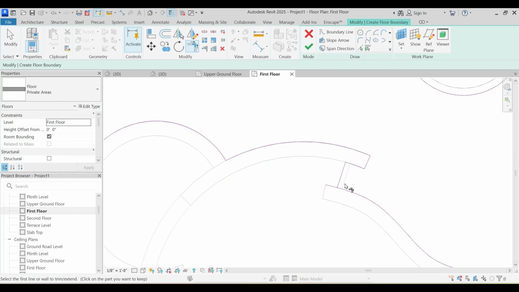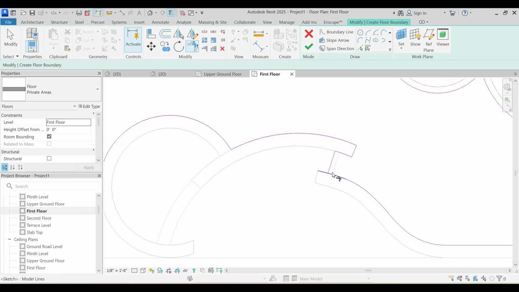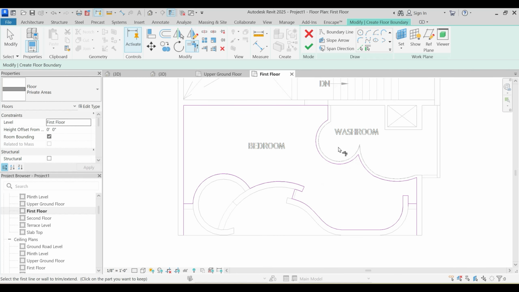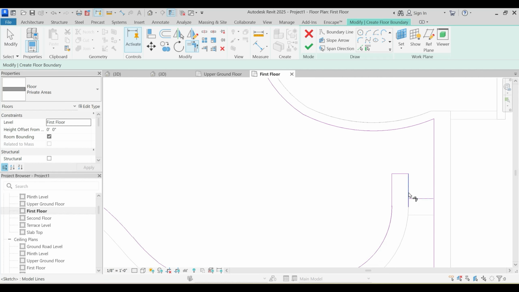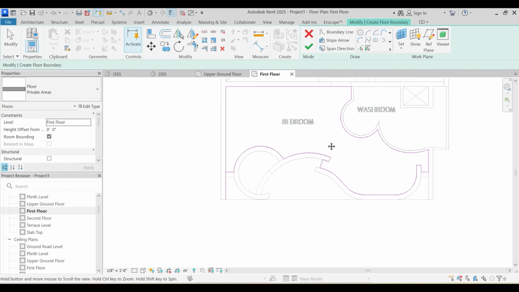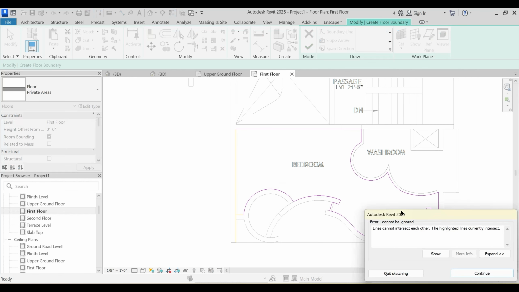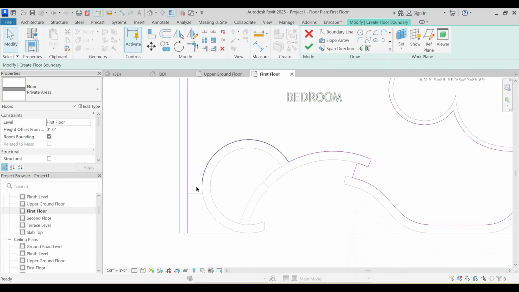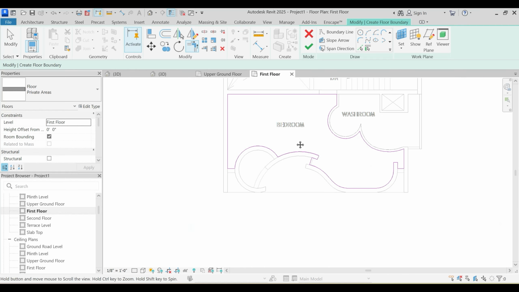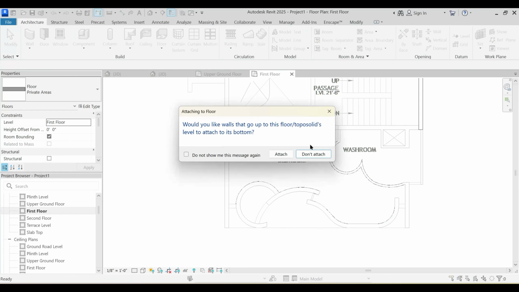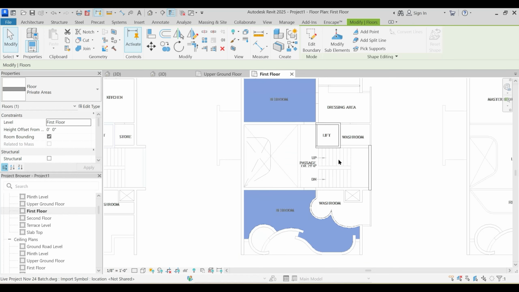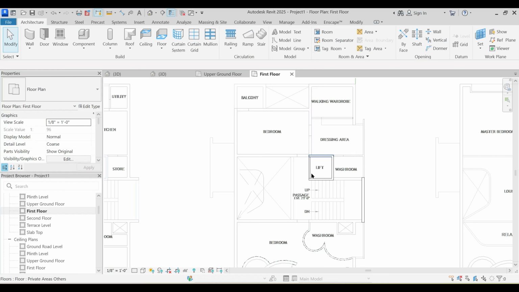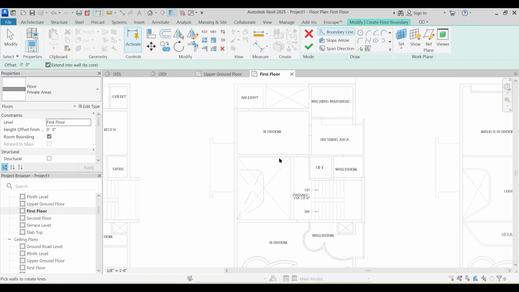Trim, extend and finish the loop. It should be a closed loop. There should be no lines open, and then just finish. And you see that something, yeah. So continue and TR and join this, and then just finish. Okay, don't attach. That would be private and public areas